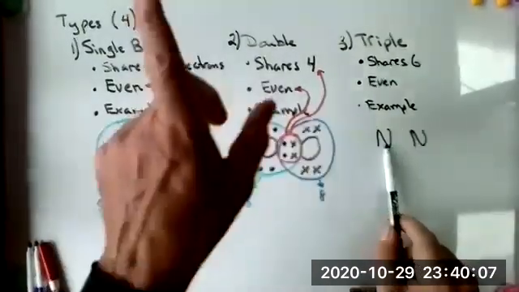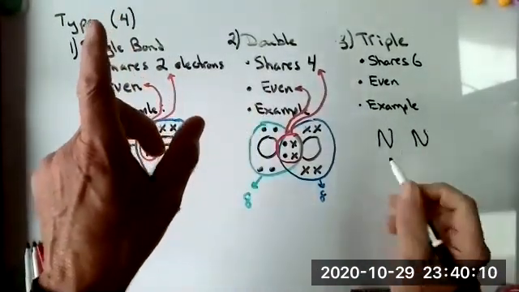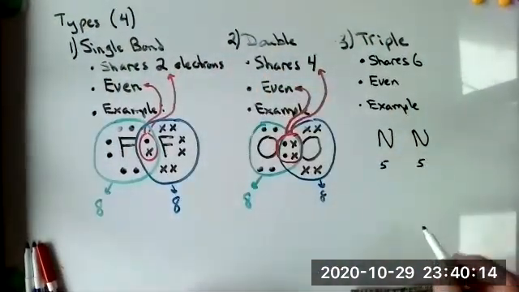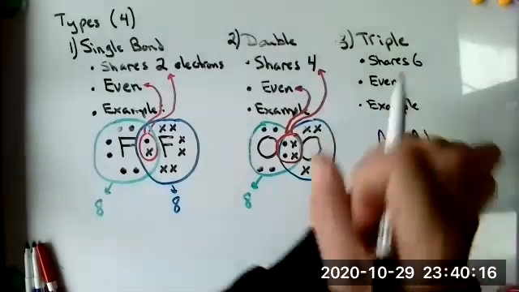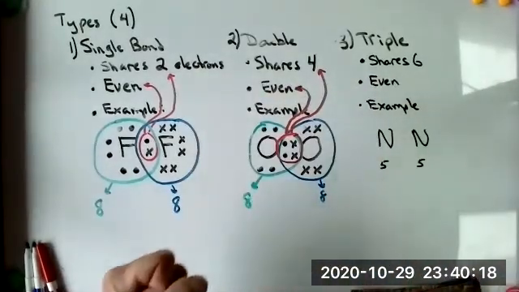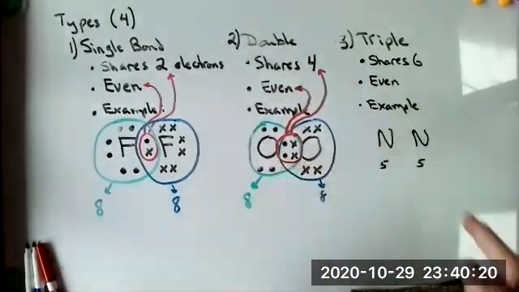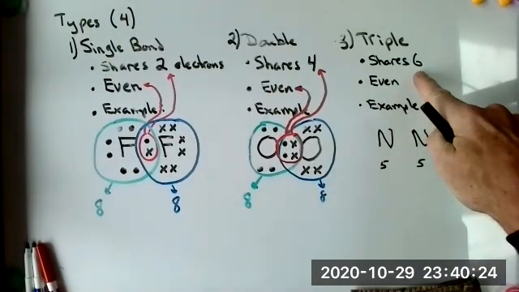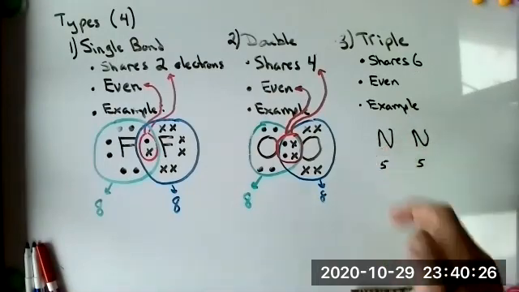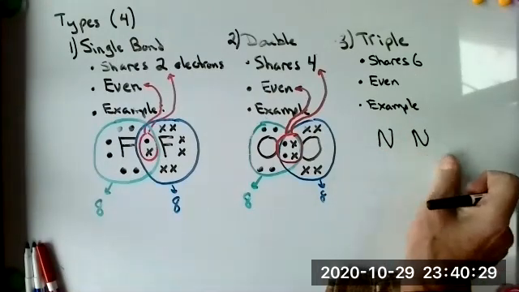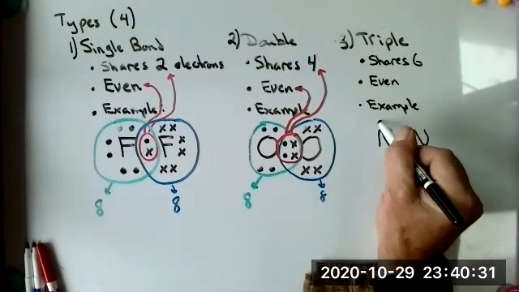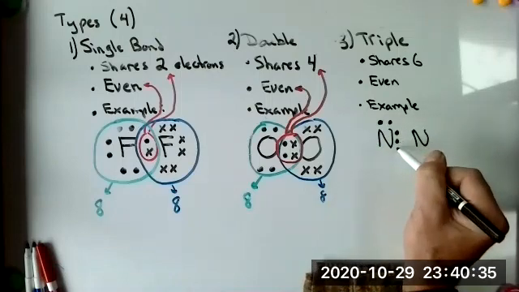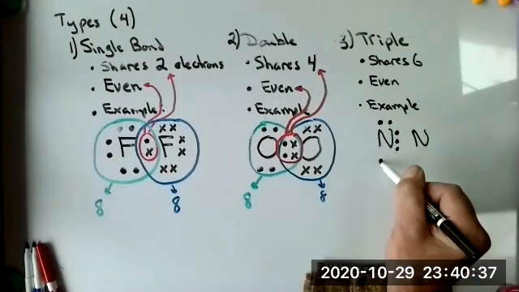Okay, so I get 5 for him. I get 5 for him. Dude, you got to take his 5, you move them around, you shift them, but in the end, he better have an octet, he better have an octet, and there better be 6 shared electrons between the two. So good old nitrogen